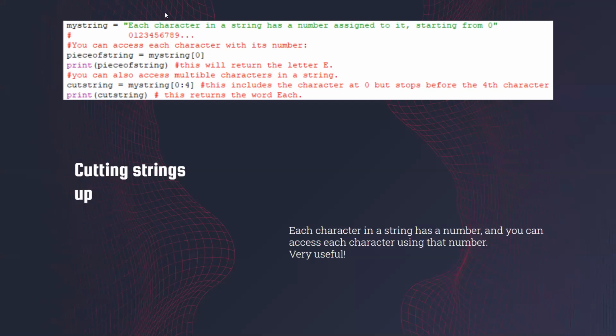So over here I have how to cut strings up. If you want to take a certain character out of the string, you use these brackets. Actually, it's not cutting it out, it's just accessing that character. So here, I have the string my string,